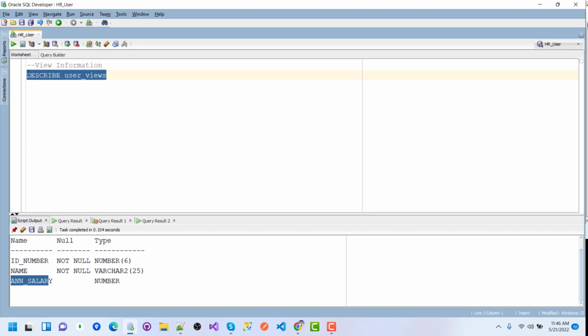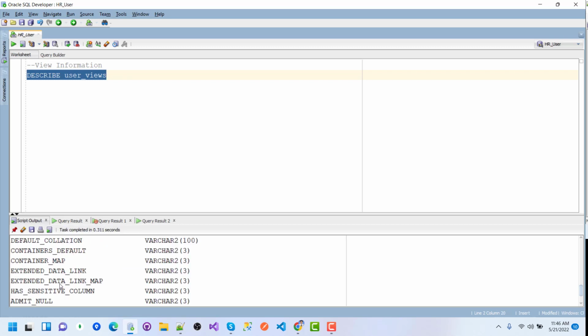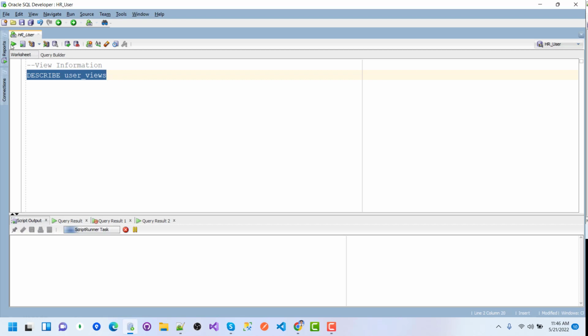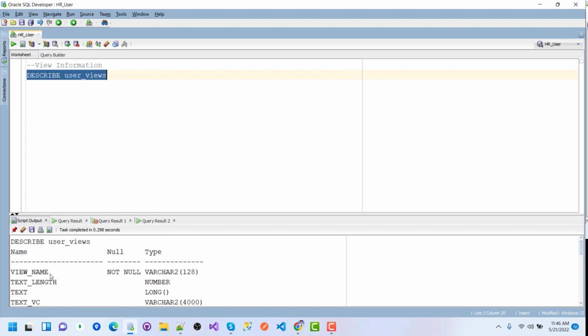View information. This is the data dictionary actually. If I execute this snippet, we can see the view name. So this is the view name. I just want to copy this view name and